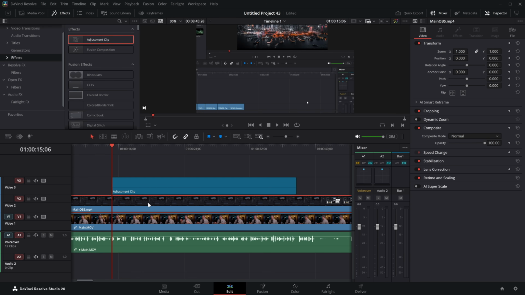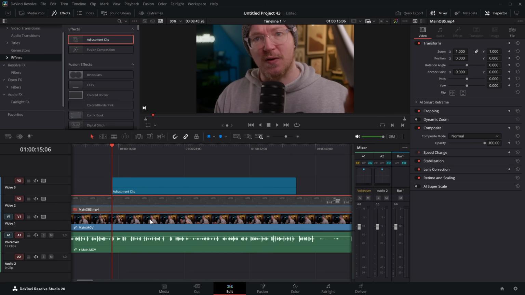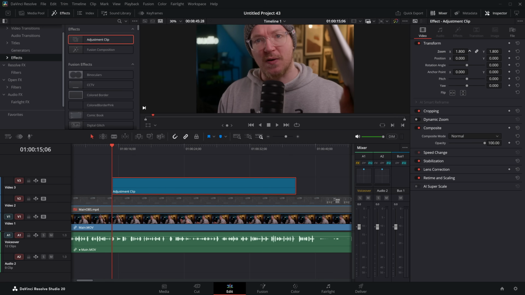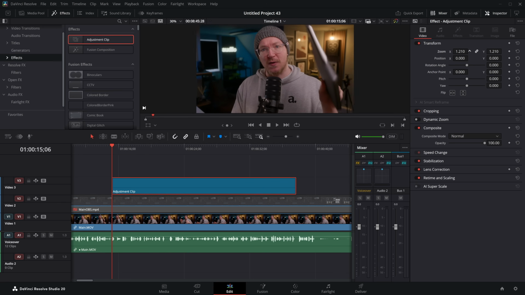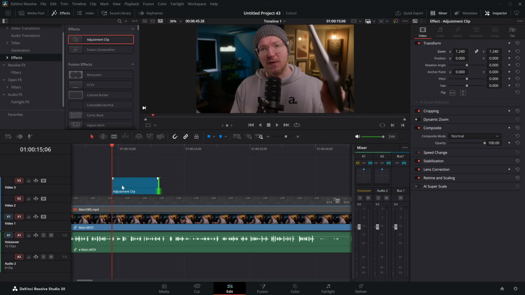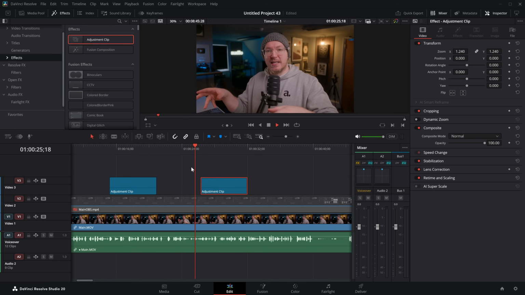So if I was to zoom into the adjustment clip, it would be zooming in the footage underneath. If we were to hide this OBS clip, you can see the actual clip of me is zoomed in as well. So you can use these for punch-ins. If you want to do a nice little punch-in at a certain time, you can set one of these up with a bit of a zoom. And then if I give it a click, hold Alt and drag, I can duplicate these on my timeline. So everywhere I want to punch in,